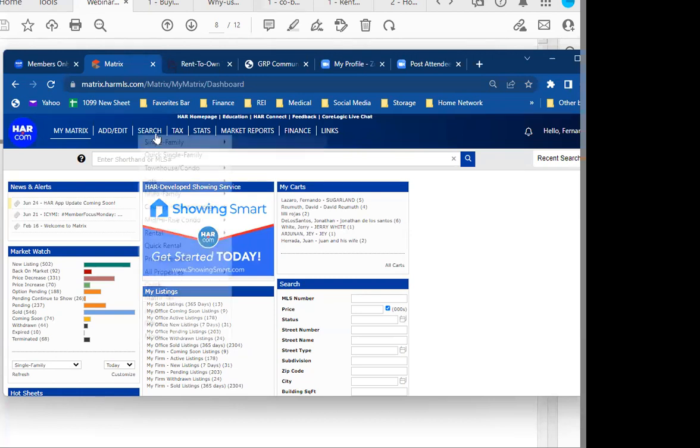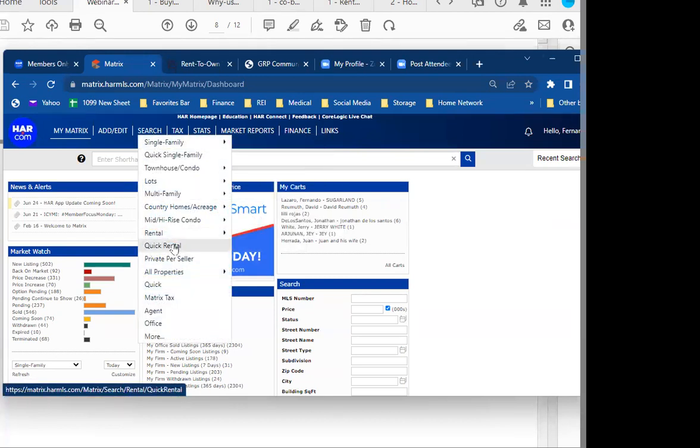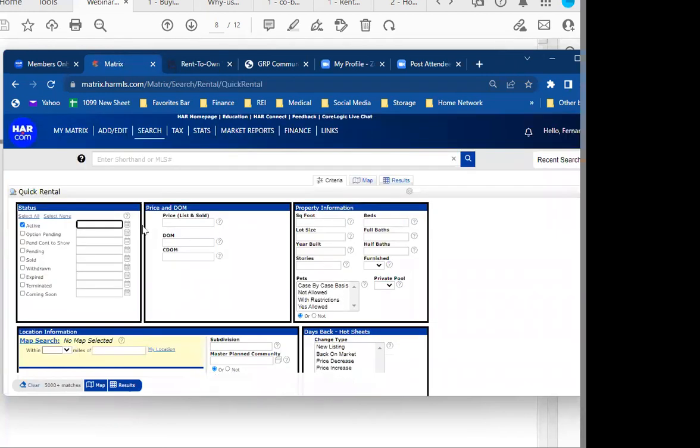So in Matrix, you click on search, then quick rental. Usually the default is that active is always enabled, so you need to turn that off and click on sold only, because that's what we want to see. And then here's where you put in the date: 07/01 through 09/30/21. So this is the date range that I want to see,